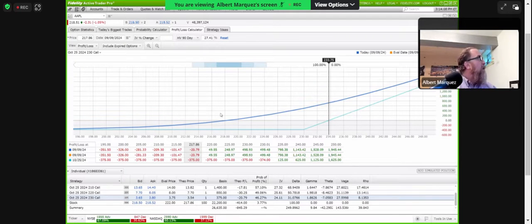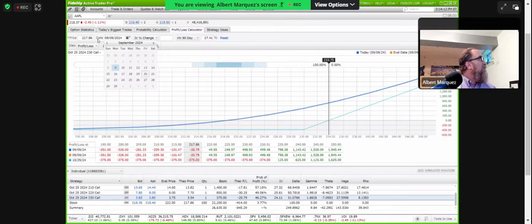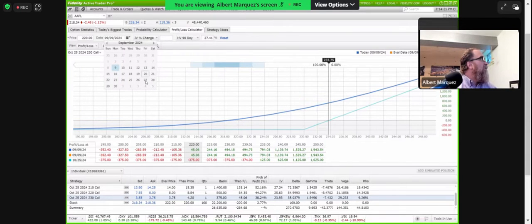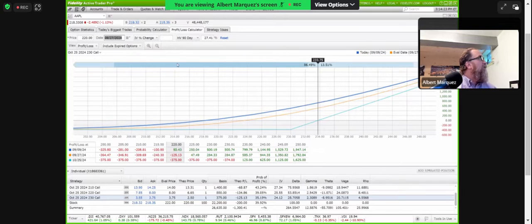Let's say that between now and, we'll go out a little bit further, really the stock hasn't moved. We're going to put the stock at 220, and we're going to say that this is going out to roughly the end of the month, to the 27th of September. And nothing else has changed really. So here we are, we've moved out. 220 is the price. It's the 27th of September, as we can see down here. And let's see what has happened to our position.